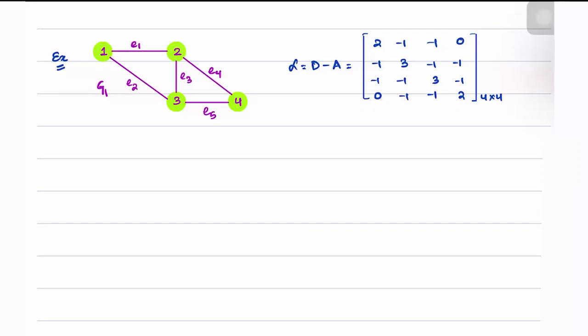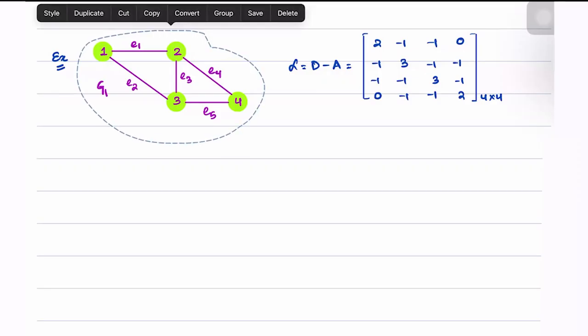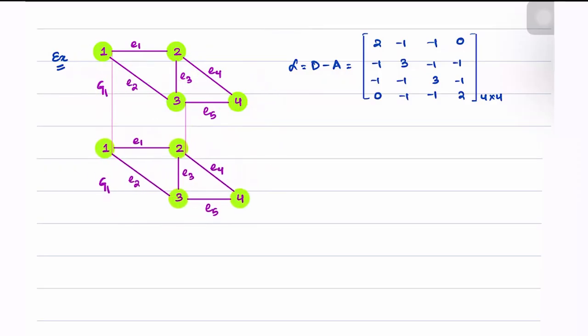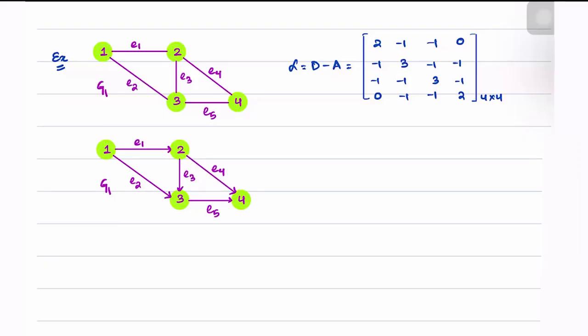What do we need to verify now? We need to construct some directed version of the graph and see if the Laplacian that we wrote up here is actually related to the incidence matrix of the directed graph. So let's get started. Let us construct this graph with the edges given directions in this manner. Again, we have already seen the incidence matrix for this particular graph.